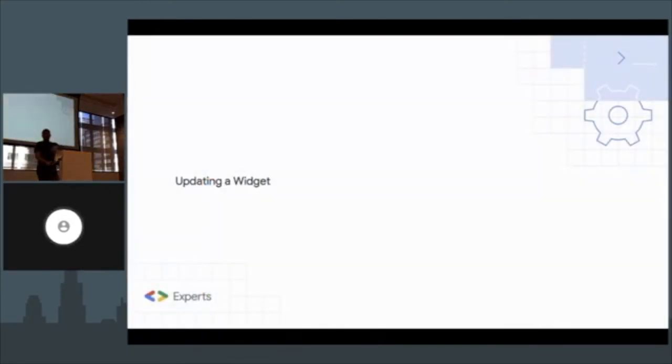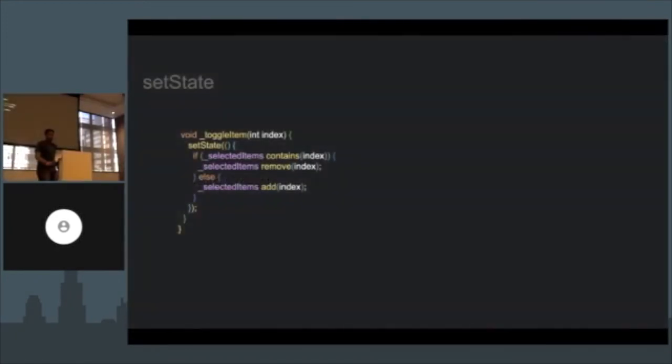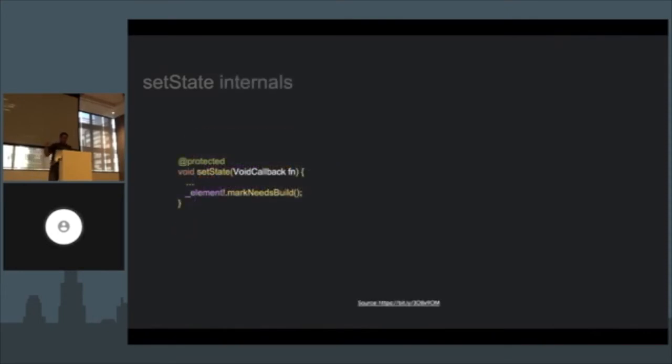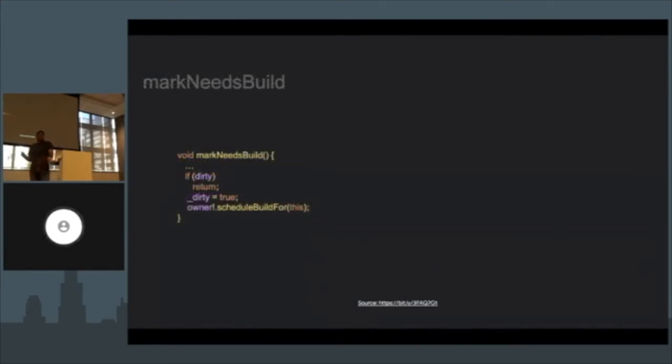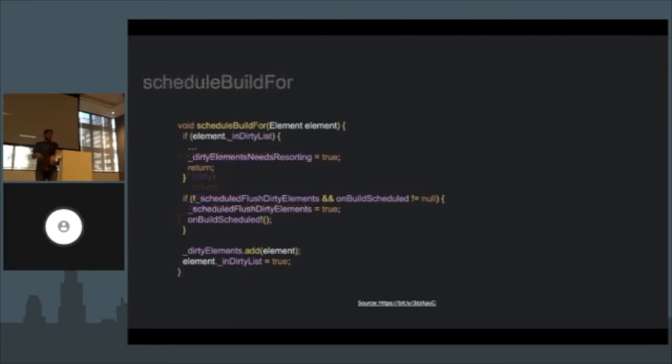What about when we update it? Because now we've seen how it is working with the creation. We had the setState before, right? And in the setState, we said that there's a markNeedsBuild, meaning it needs to rebuild itself. And when it needs to rebuild itself, it will add itself to a list full of dirty elements to rebuild, and start the scheduling for the next element. When you go and say that, okay, I need to let the render object or the engine know that something needs to change, I need to schedule something,